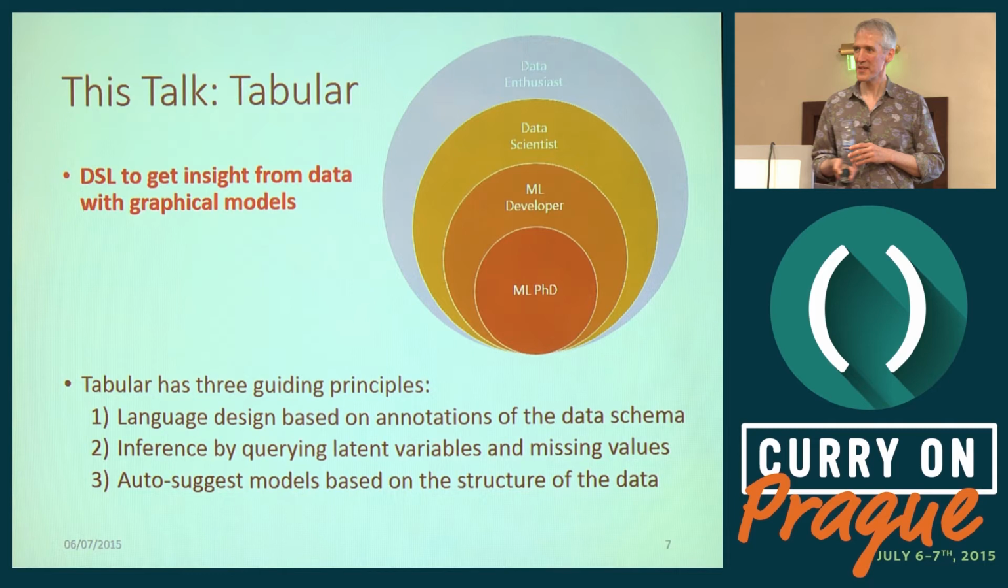You can't do machine learning without data, and therefore you're going to have some sort of data schema, typically a relational schema, a bunch of tables with foreign key relationships between them. And the basic idea of Tabular is it's a domain-specific language that starts from that schema and lets you mark it up with probabilistic annotations that explain how the data is generated. And then